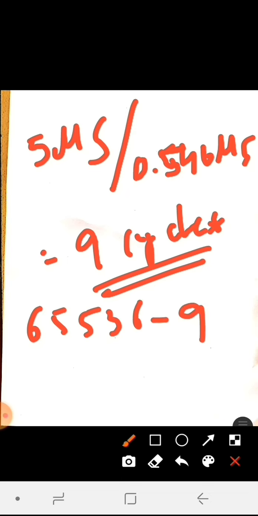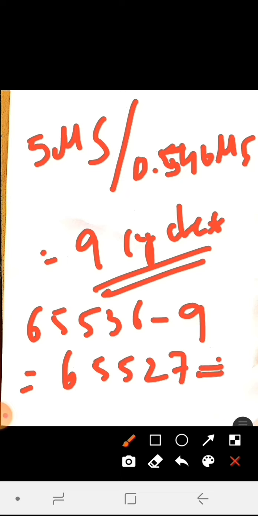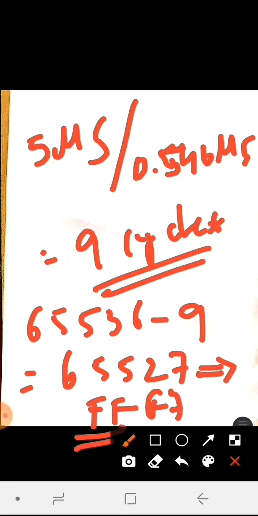Now take this number and subtract it from the maximum value: 65,536 minus 9. When we do this you will get 65,527. Convert this value to hexa, where you get FFF7. So FF will be loaded into TH and F7 will be loaded into TL. This is how we can calculate the initial value.